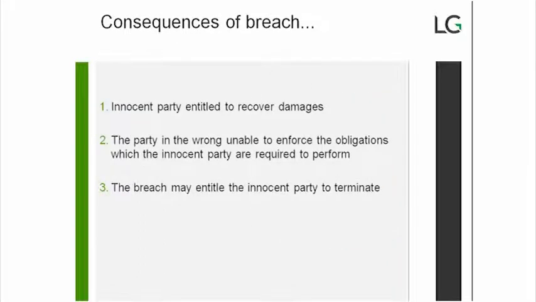A breach of contract does not automatically bring the contract to an end. Rather, a breach gives various options to the innocent party. The extent of these options depends on the seriousness of the breach. Even the most serious breach, such as a fundamental breach, does not of itself always terminate or discharge the contract. The consequences of a breach of contract depend on the facts of each case, but there are 3 principal consequences of a breach of contract.